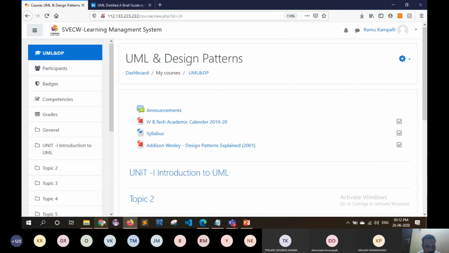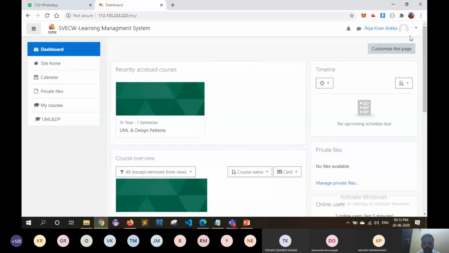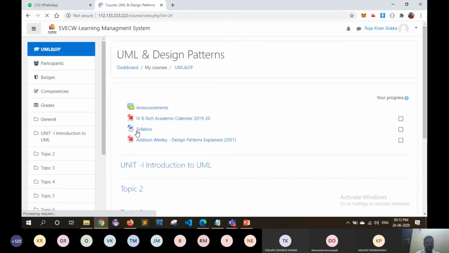Suppose I go to the user student role home page. This is the student role home page, and it shows all registered courses. Presently this student is registered with this course, so I'm going to this course. All the files which I have uploaded are shown here: the syllabus, academic calendar, and the prescribed book.